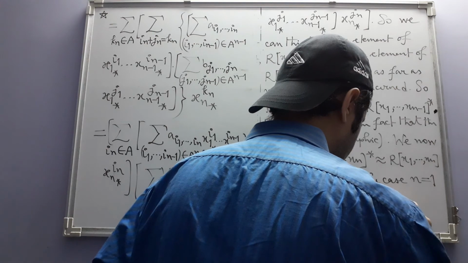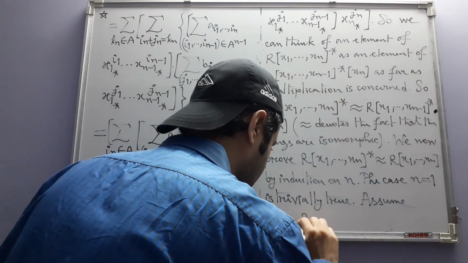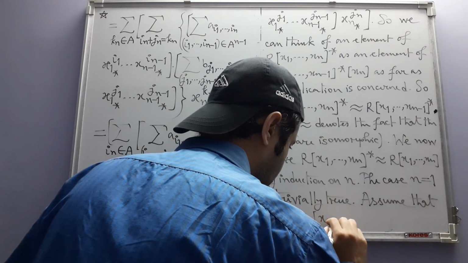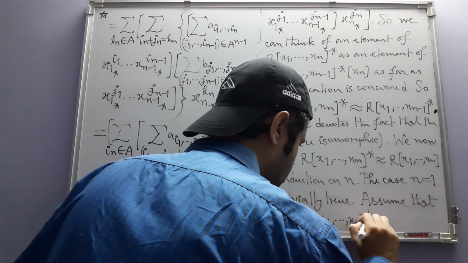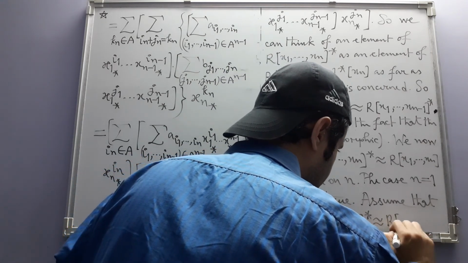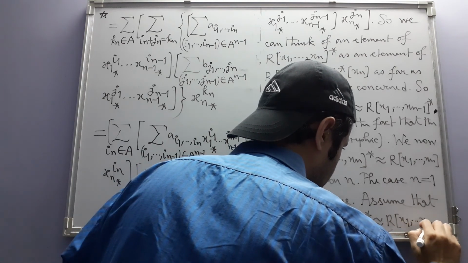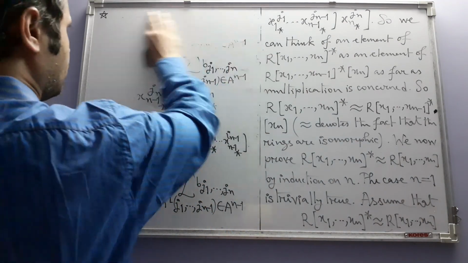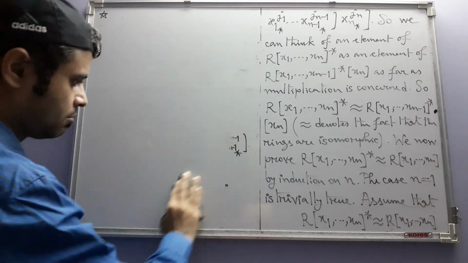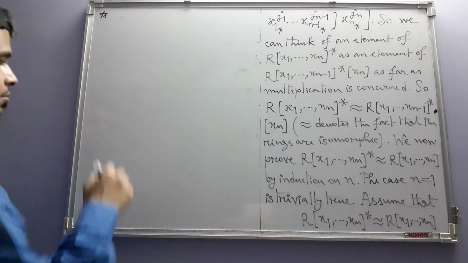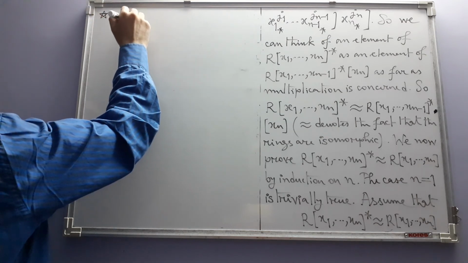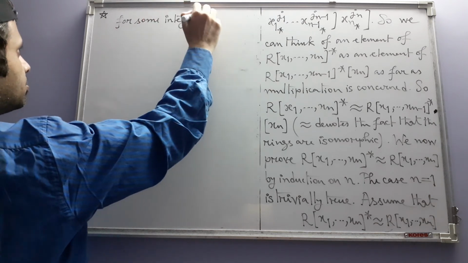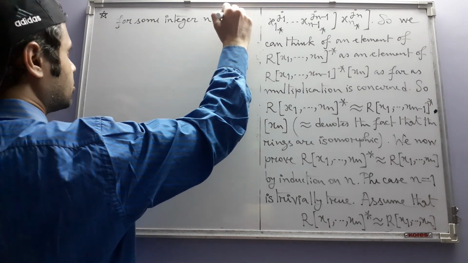Assume that this is isomorphic to this for some positive integer n, then